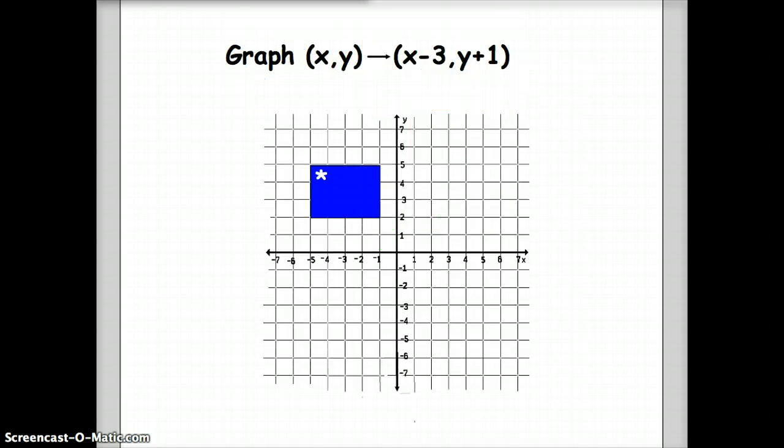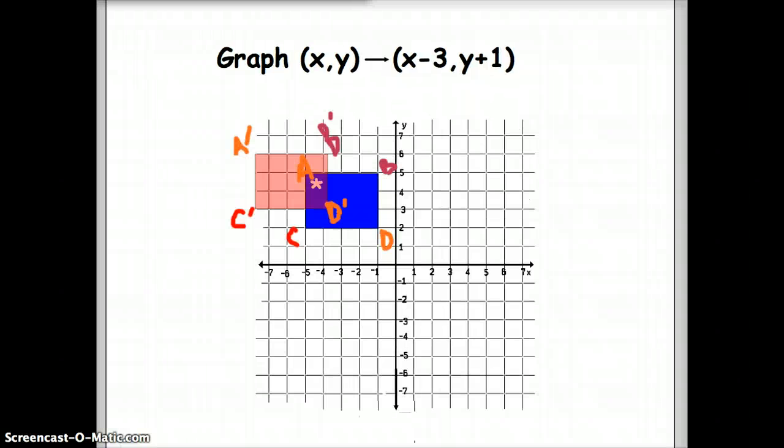Your turn. Graph the translation x minus 3 and y plus 1. Pause your video at this time. Does your answer look something like this? It's okay that the figures overlap some in this translation. Occasionally that happens. If you did get the answer correct, I want you to give yourself a